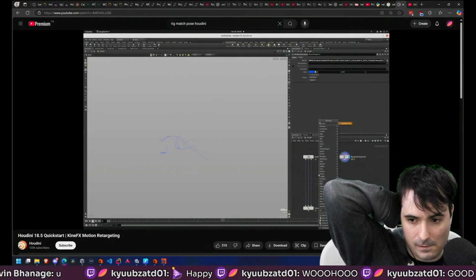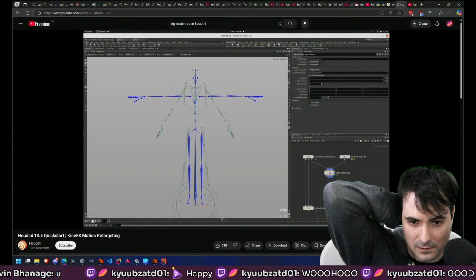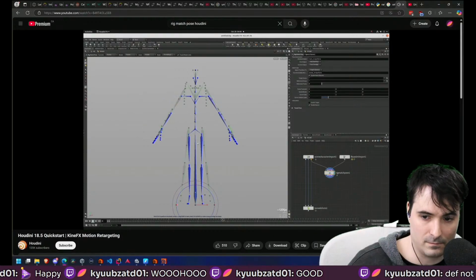We can do that by putting down rig match pose. And I'm going to hold down the J key and just connect my nodes like so. Select that and hit the R key to get the display flag on it. And then I'm going to hit spacebar 3, hit the enter key, and I can see I'm in my rig match pose state. So I'm going to click on tweak rotate links, and this allows me to just quickly adjust the rotation orientation of my